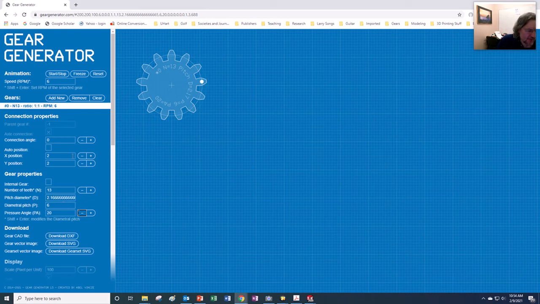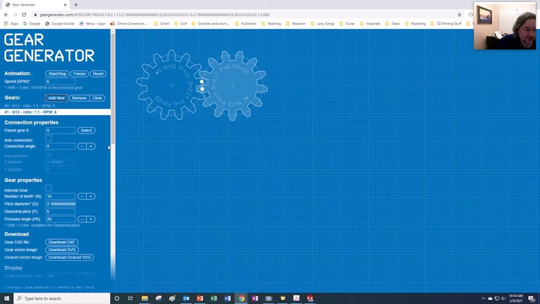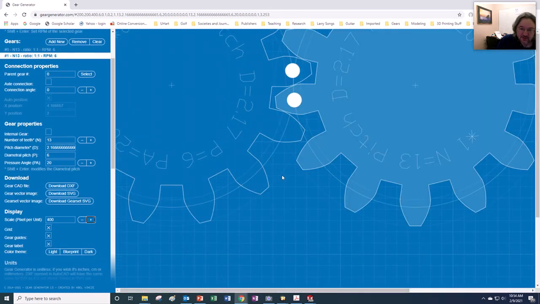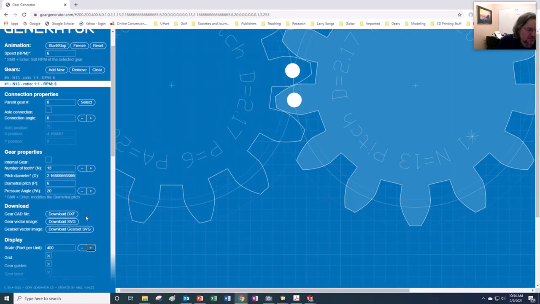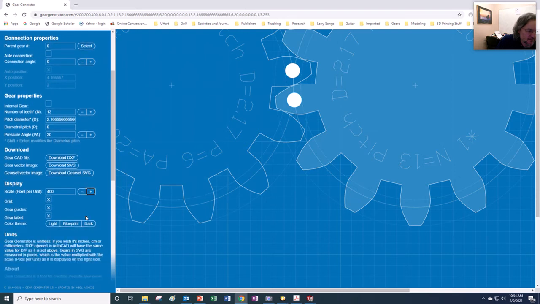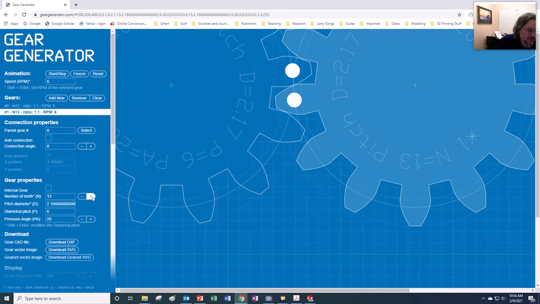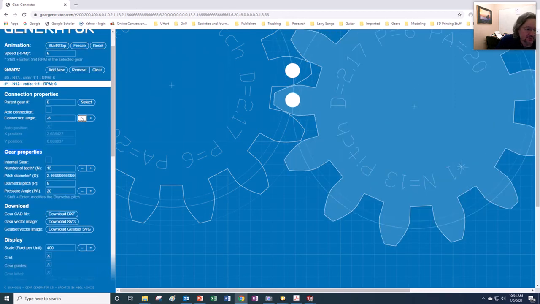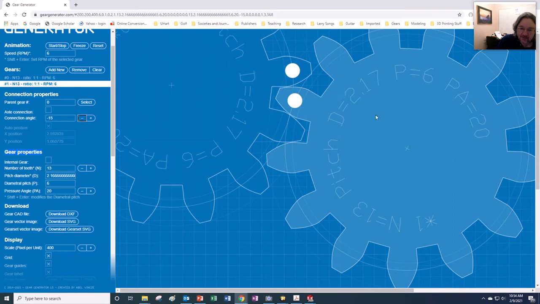Now, if I was going to add another gear, I could add a new one right there, and we maybe want to zoom in on this. We could also move where they're located right there. We could change the angle at which they're located. We can move that around so we can get it in the center. And then I'm going to change this to 1 RPM